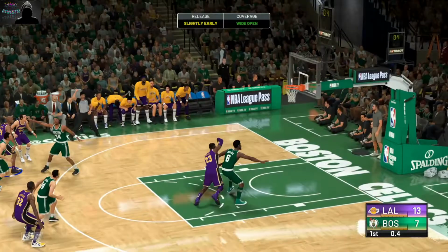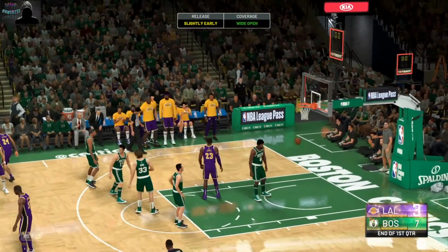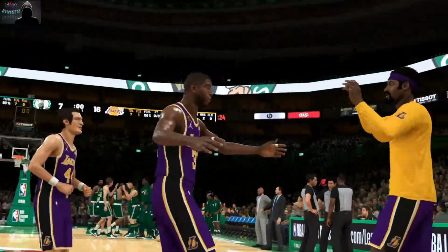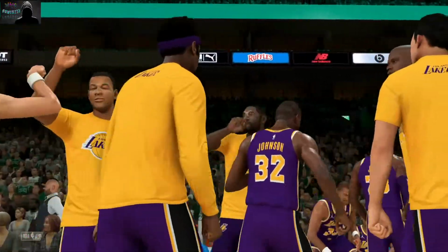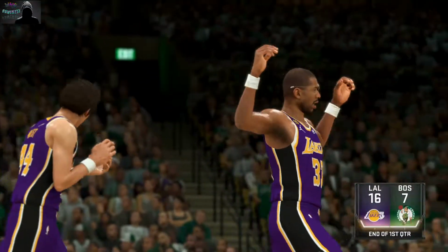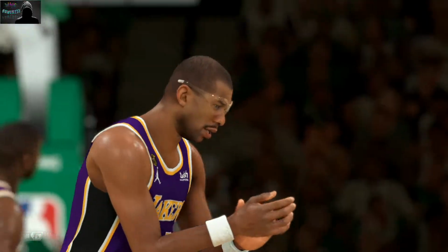For 3, Kobe. Got it to fall! It went down! He got it to fall! He did it! That's a miracle. Are you kidding me? Listen, under duress of the end of the period, you just throw it up and hope. And so it's the Los Angeles Lakers in control with a 9-point lead to end the...